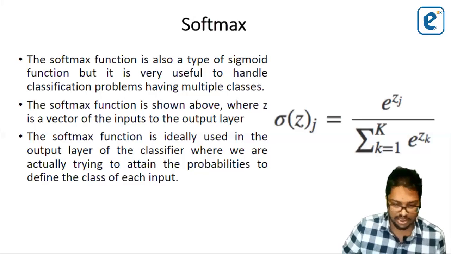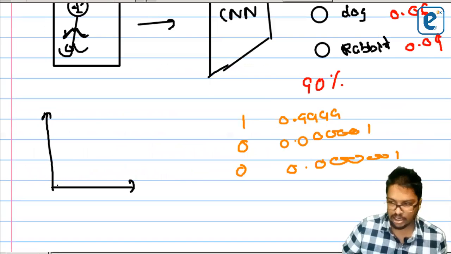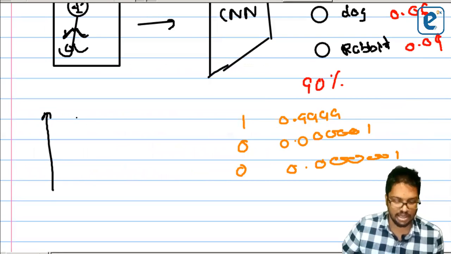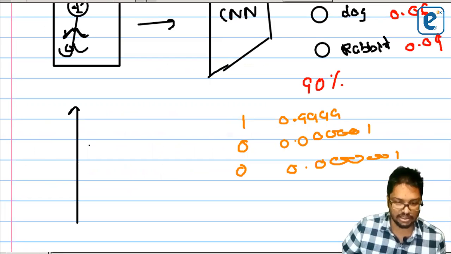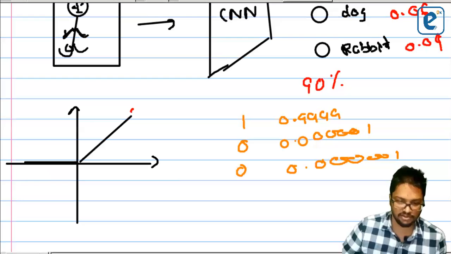So let me go back to the note, and here you know what the relu activation is. Let me draw it like this. So the relu activation will be something like this,